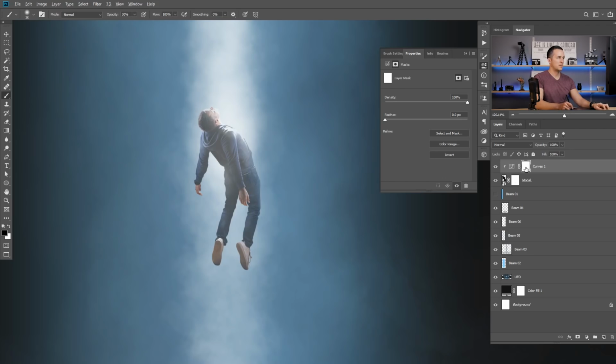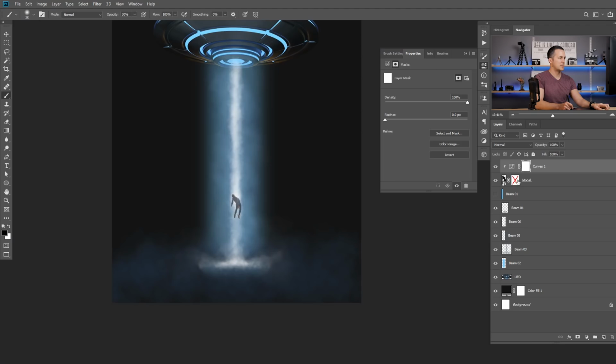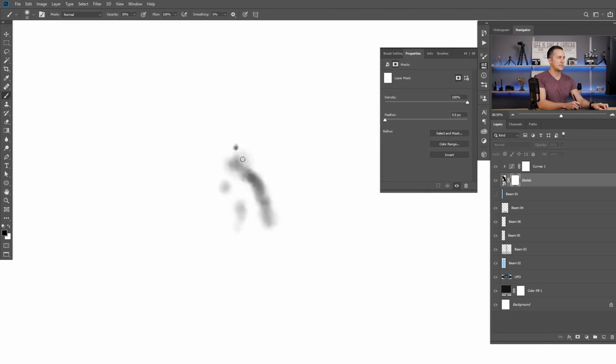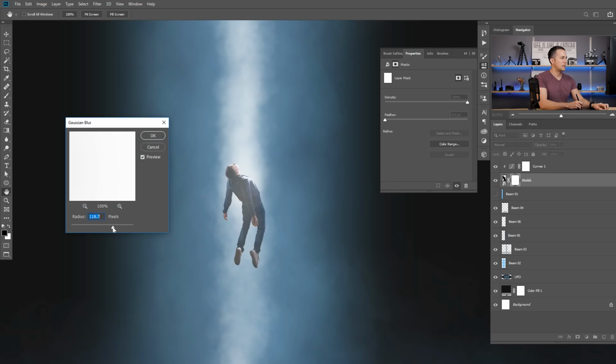So let me see. Yes, I just want to remove, and the head here, just want to remove this curves effect and the shoes just a little bit back on the black. Okay, and this looks pretty decent right now. So let me see before and after this. Maybe I can just blur this mask, because I will have more uniform blended look. So filter, blur, Gaussian blur, and just not too much, but let me see,